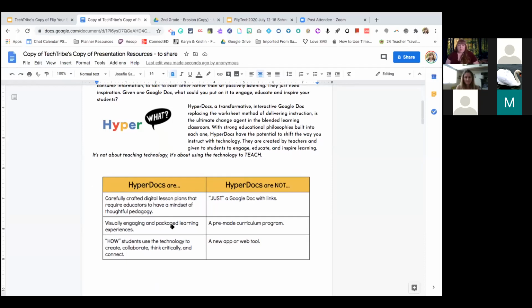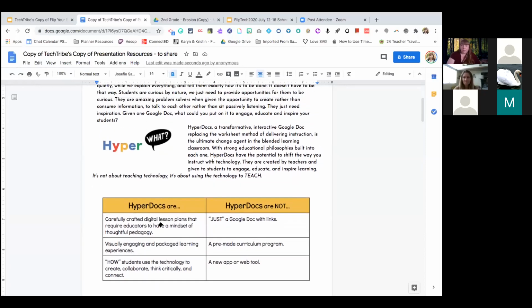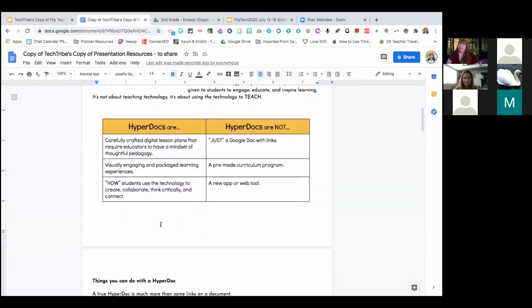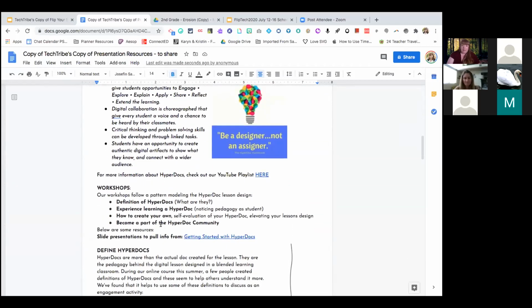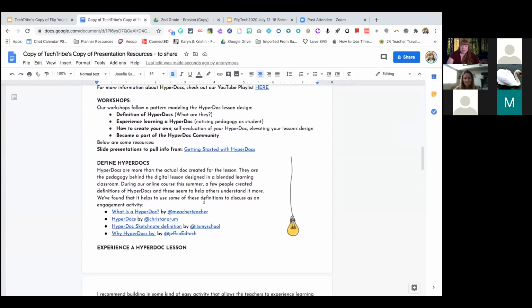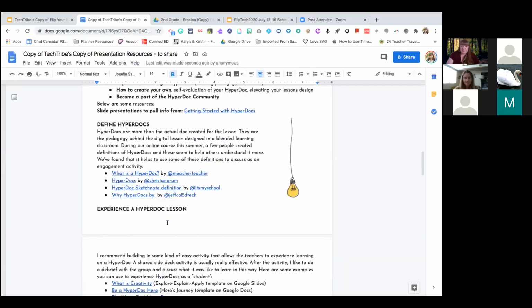It's really getting the students to dive deeper into the lesson. It provides really engaging opportunities for students, and it's packaged very nicely for them, and providing access to everybody. If you scroll down the page, they have a ton of links embedded into their document here.